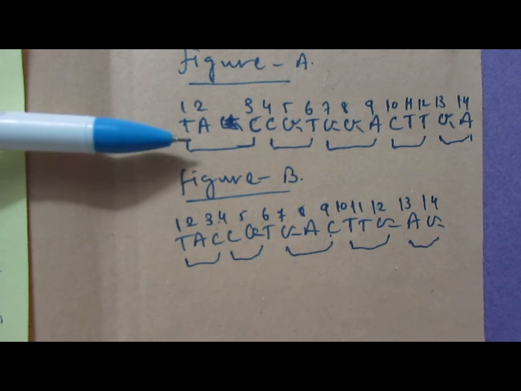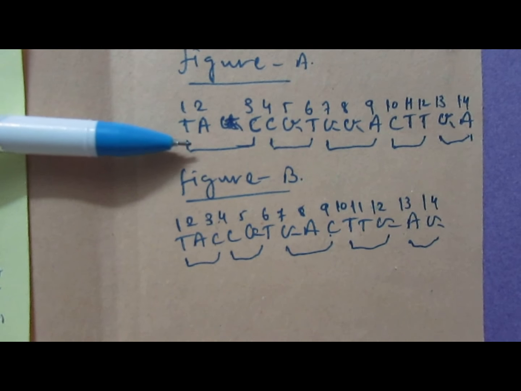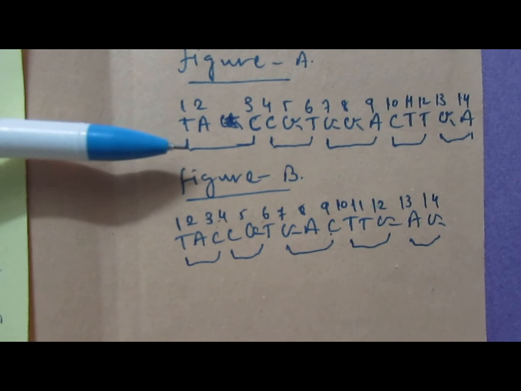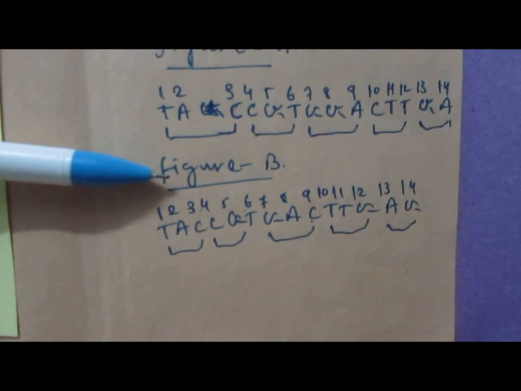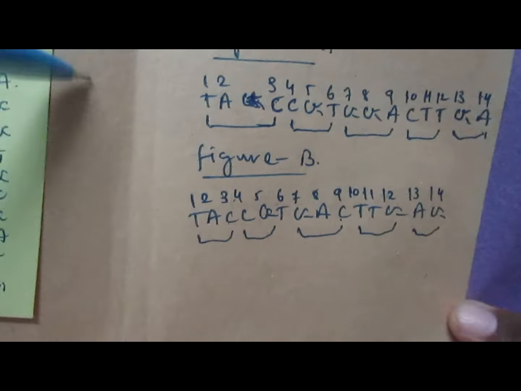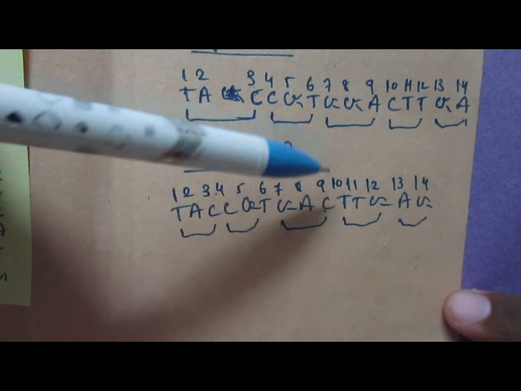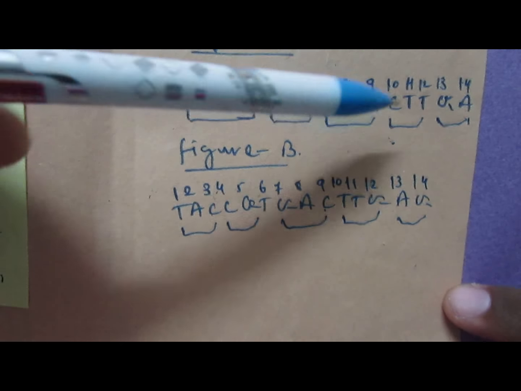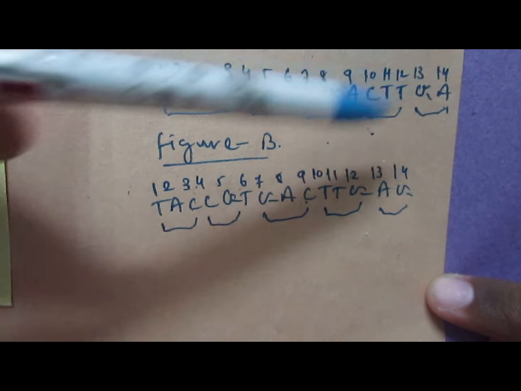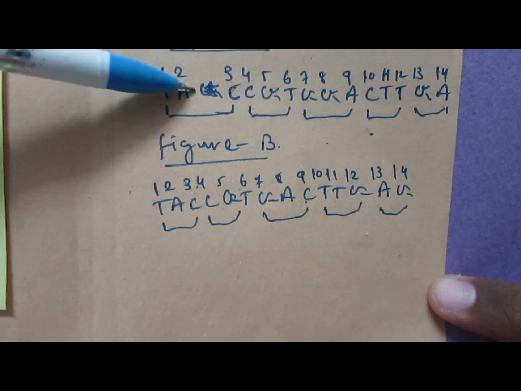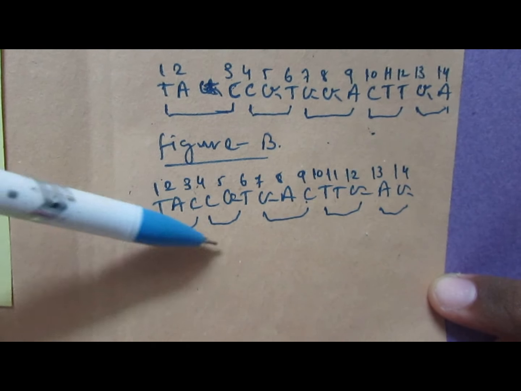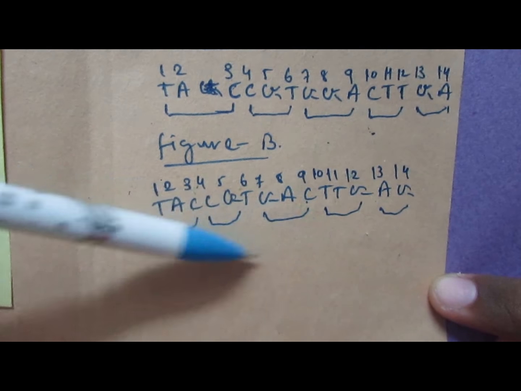then we all know that a single reading frame is made up of codons of 3 nucleotides, each coding for 1 amino acid. So in figure A, which contains a total of 14 base pairs, there are chances that 4 whole frames can be made in the 14 nucleotide long sequence. Similarly, figure B is also made up of a 14 nucleotide sequence, and there are chances that a total of 4 whole frames can be made.